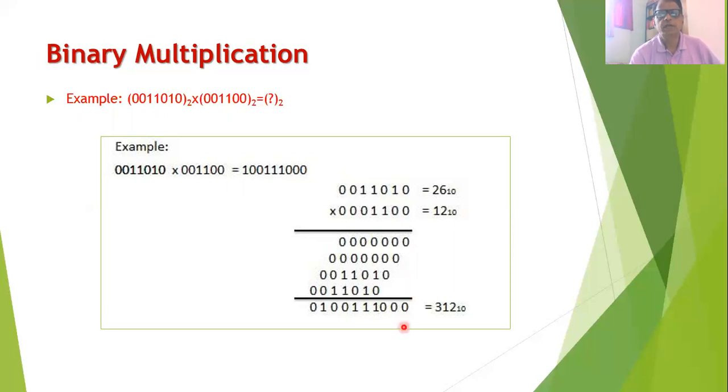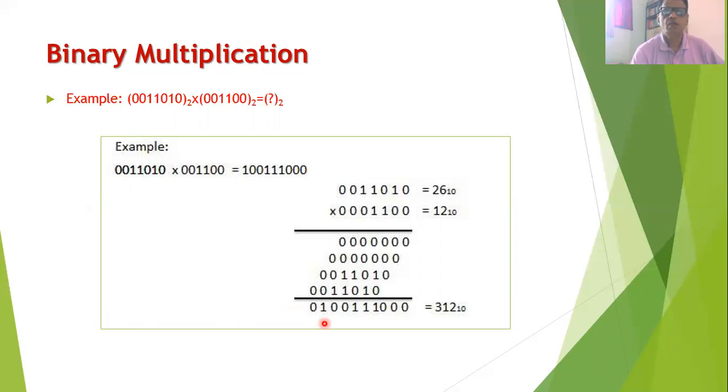So 0 is being written here, 0 plus 0 is 0, 0 plus 0 plus 0 is again 0, then 1 plus 0 is 1, then 1, then here also 1, then 1 plus 1 is 0 with carry 1, so 1 plus 1 is 0 with carry 1, then 1 and then 0. So you will find that the result of this multiplication is 0, 1, 0, 0, 1, 1, 1, 0, 0,